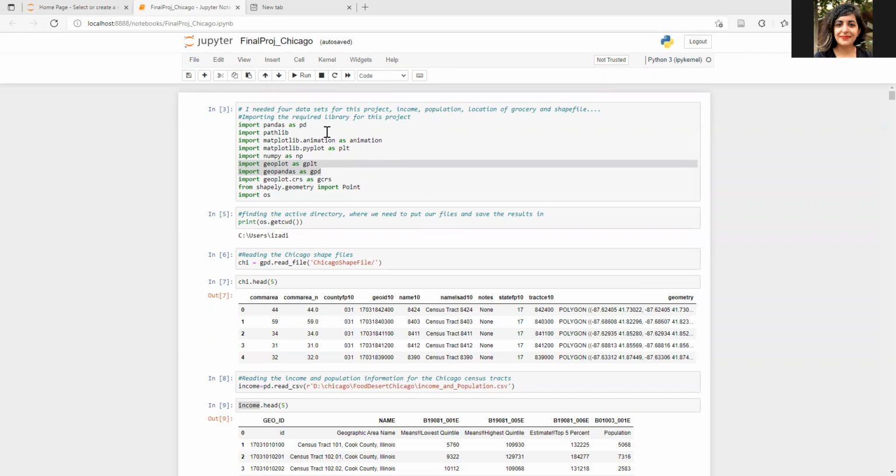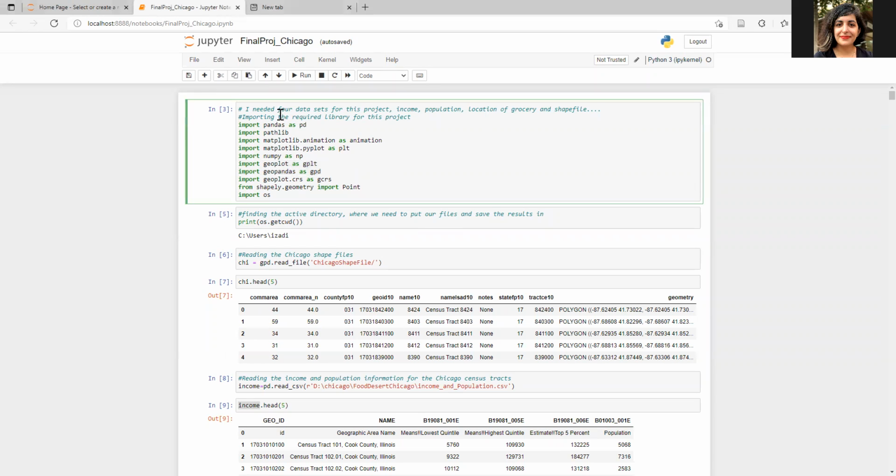So before I jump into my process in Python, I first need to say what my research question is. My research question started with questioning people's access to food in Chicago. I wanted to look at the different income classes and their access to food. And later, I also looked at their access to quality of food and variety of food. To do that, I needed 4 data sets: income, population, location of grocery, and